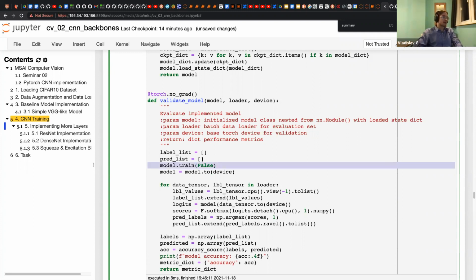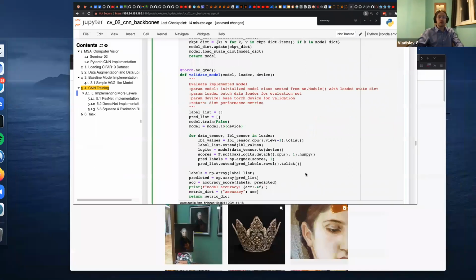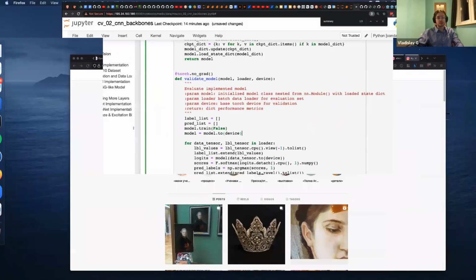This is how I do that, because usually, I mean, the fewer methods I have to remember, the better. And that's why I always use this, for example, train false, or I move to device, not just to CUDA, and so on.